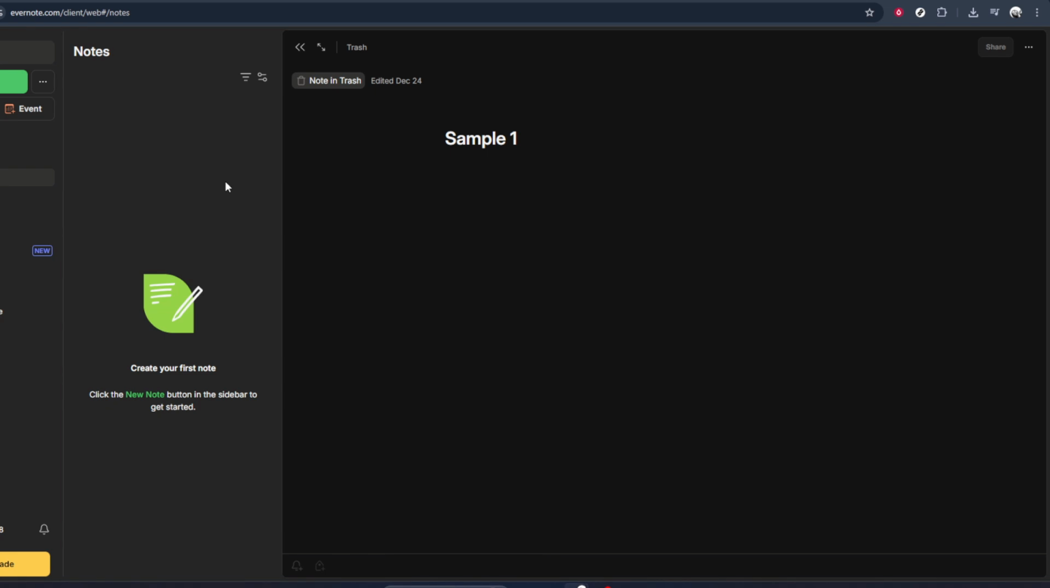Once you click it, Evernote will remove the note from your active notes list and place it in the trash section of your account. This is an important detail. At this stage, the note is not permanently deleted yet. It's simply moved to trash, which acts like a safety net in case you change your mind later. If you accidentally move the wrong note to trash,